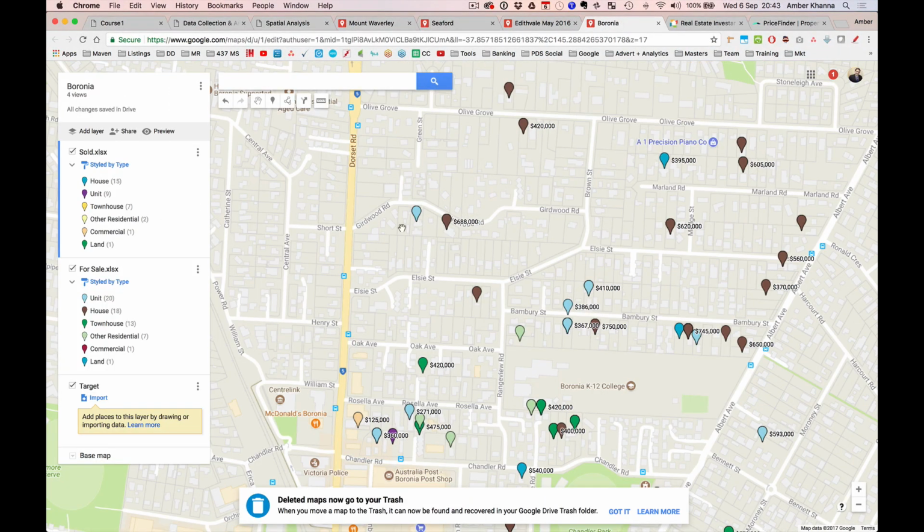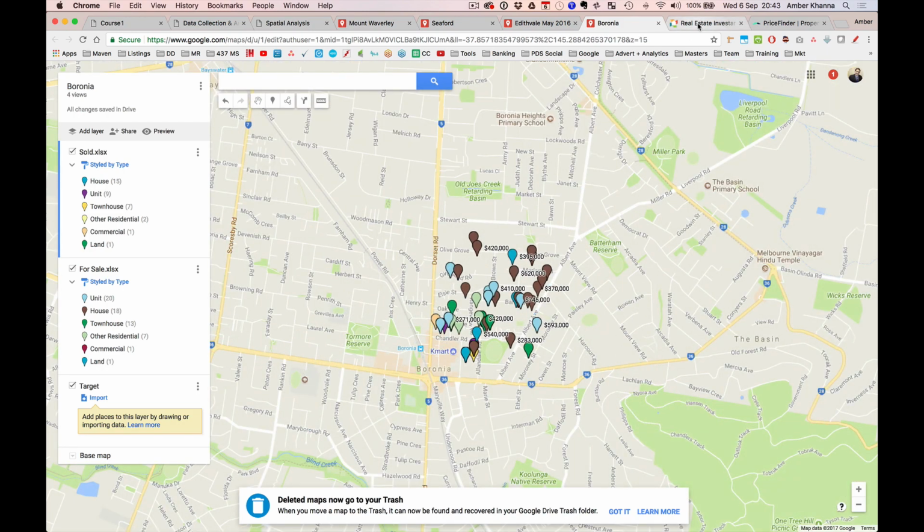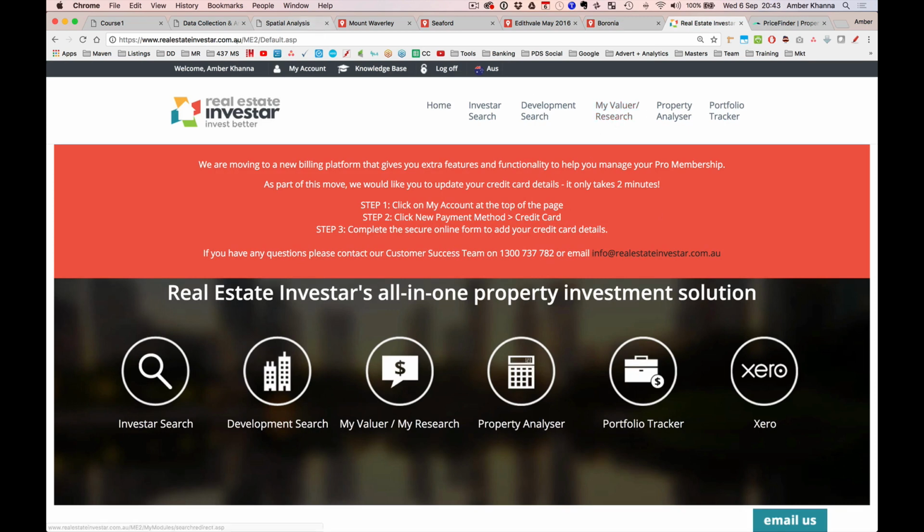So at the time when I was looking at Baronia, I had all their sales put in, and I get this data from Real Estate Investor. Now if you don't have this data and you say, look, I only want to do one development and see how I go, and I don't want to spend all this money, don't spend all this money. We discussed a lot of free websites last week from where you can get your sales data. Yes, it will take you a fair bit of time to copy that data into an Excel spreadsheet,